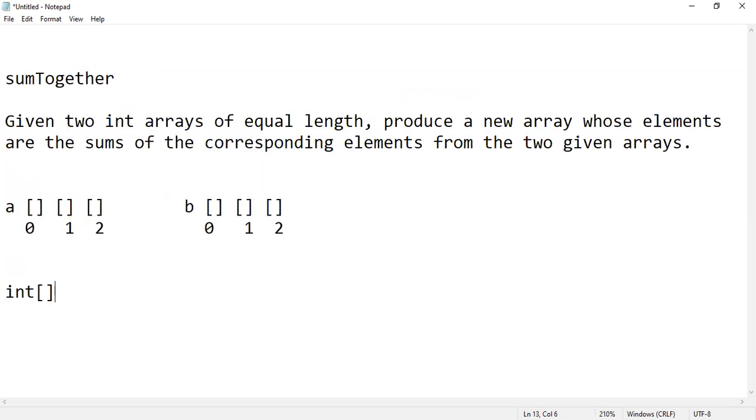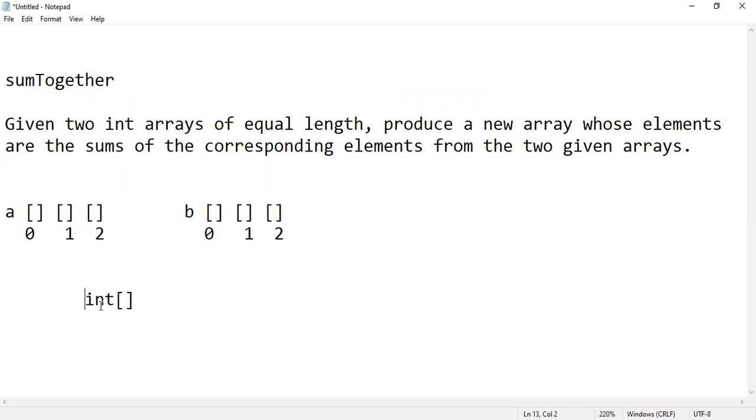The syntax for that is as follows. We specify the name, the identifier, and we say new, and then the type of the array, and inside here we put the length. The length of this array is going to be the sum of the corresponding elements of both arrays A and B. And so the way this works is,